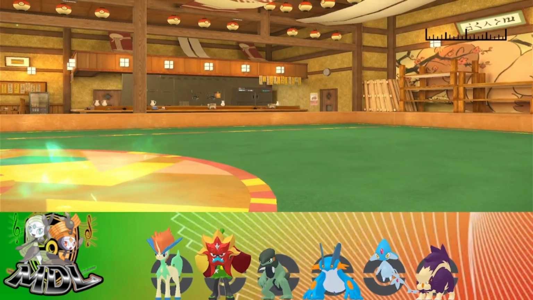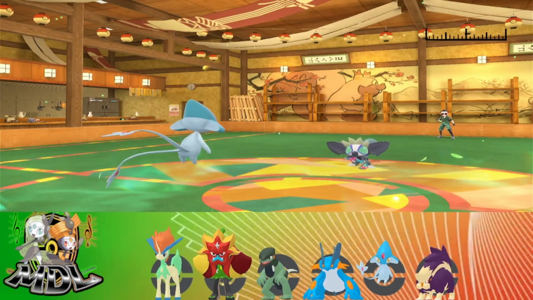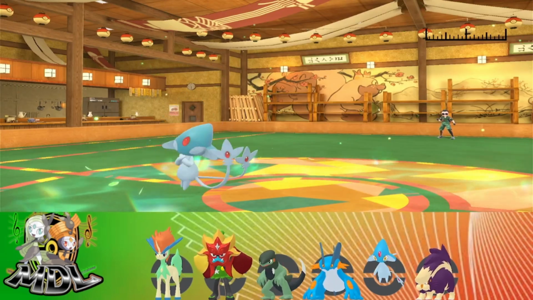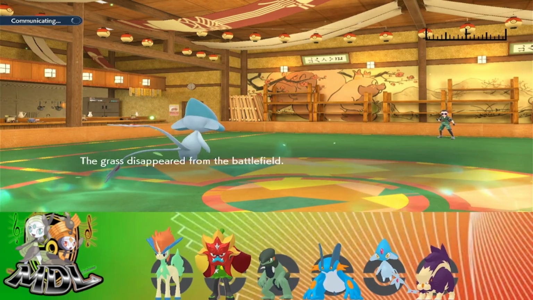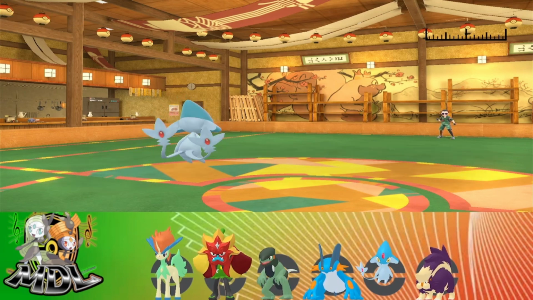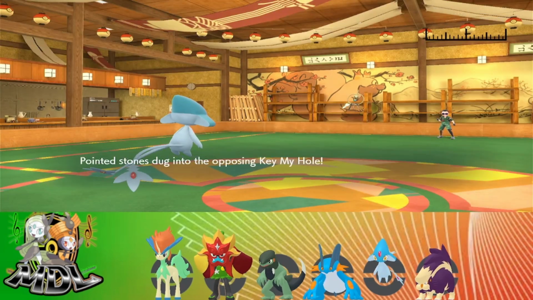They do withdraw. Is it going to be Milotic? No, it's... Okay, so they sacked the Grafaiai. Okay, they sacked the Grafaiai. Okay. Grafaiai dies to rocks from Swampert. Okay. The Swampert gets another kill from the Grafaiai. The Klefki